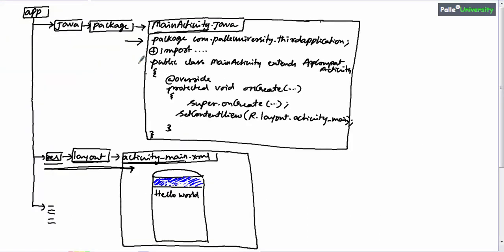Now, if you observe second statement is import statement. The meaning of import statement is this import keyword is used to import or include predefined Android classes into your file. For example, in our Java file, we are using a predefined class called as AppCompatActivity.